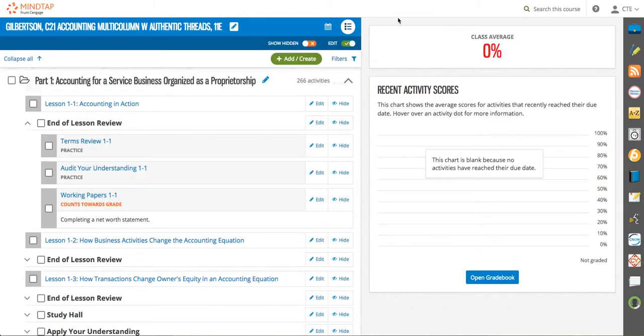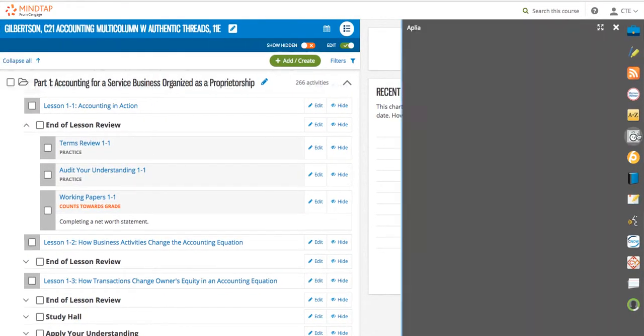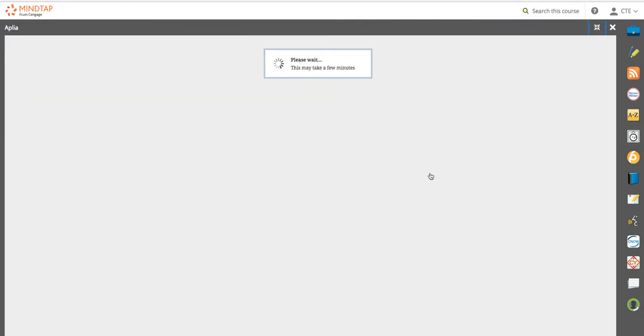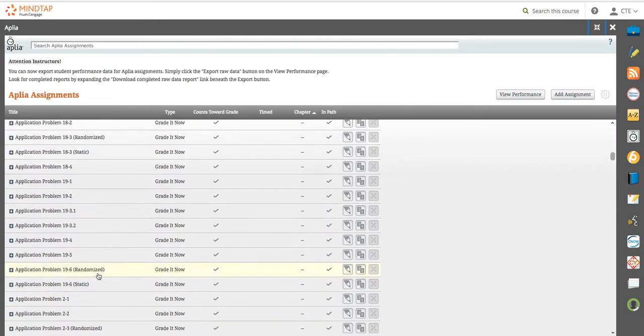I want to show you how to apply settings using the Aplia app over on the right, and this is actually going to give you more options. So if I click the Aplia app, I can always make it full screen by clicking this little icon, which is nice. And once it opens up, I get a list of all of the Aplia Online Working Paper assignments